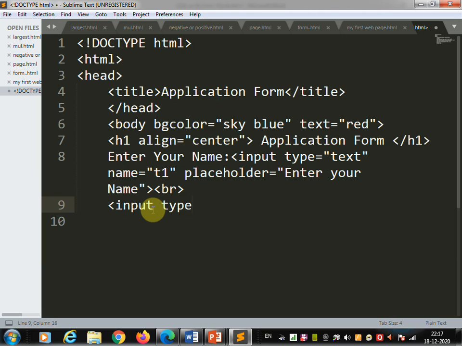The attribute type we are going to use, and here instead of text we are going to use the radio. Input type equal radio, name equal double inverted quote R1, radio button 1, and here we are going to write the text. Why we are creating the radio button? To select the standard. So we can write here standard